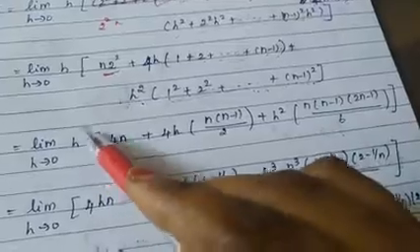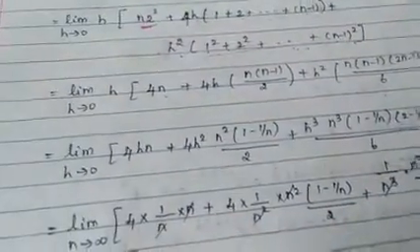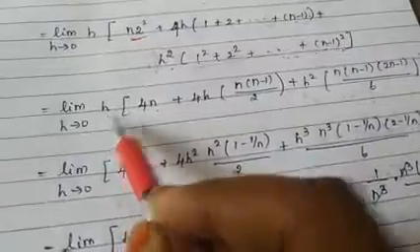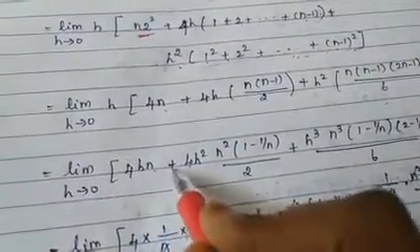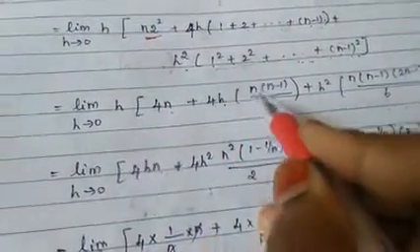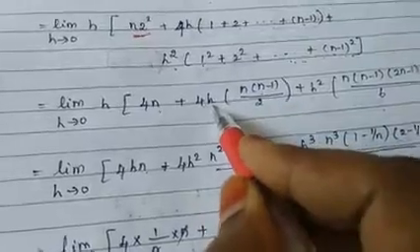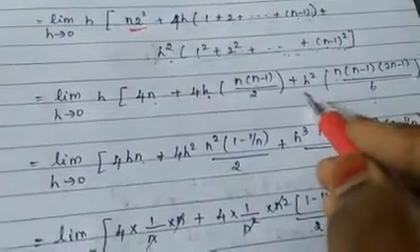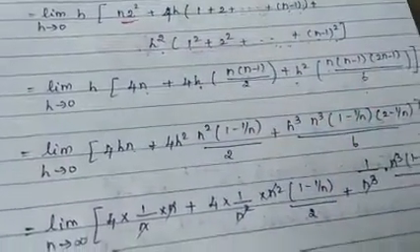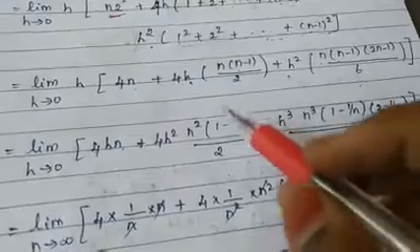After that, multiply this h inside. You follow the same method for all the sums. After that, multiply h inside. So, you will get 4hn plus, here it will be 4h squared. If you have 2n, definitely it should be h squared. If you have 3n, definitely it should be h cube. Otherwise, you have made some mistake, you can find it easily.